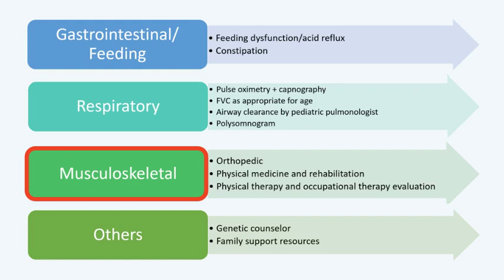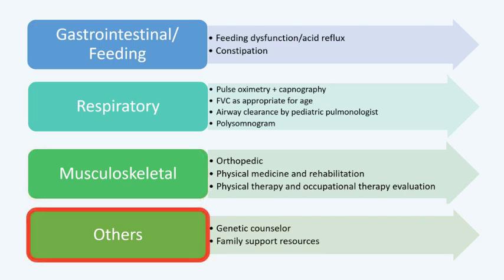Also, the occupational therapist is very important to make adaptations in the furniture at home and also at school, and also adaptations in the wheelchair. Among the other professionals that I mentioned before, the genetic counselor or geneticist is very important to give information about the disease to the families, and also to do the genetic counseling. And also the psychologist is a very important professional to give support for the family, also the patients, and